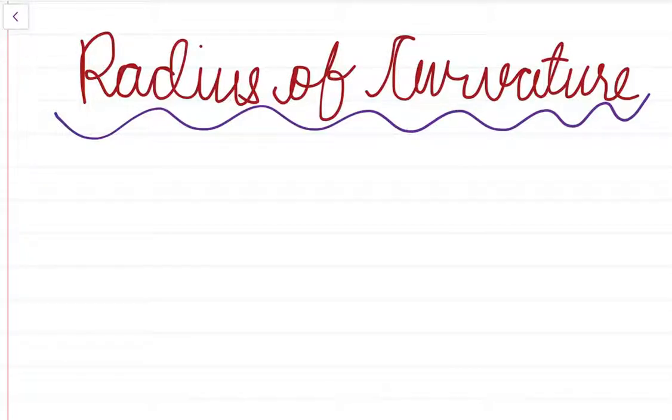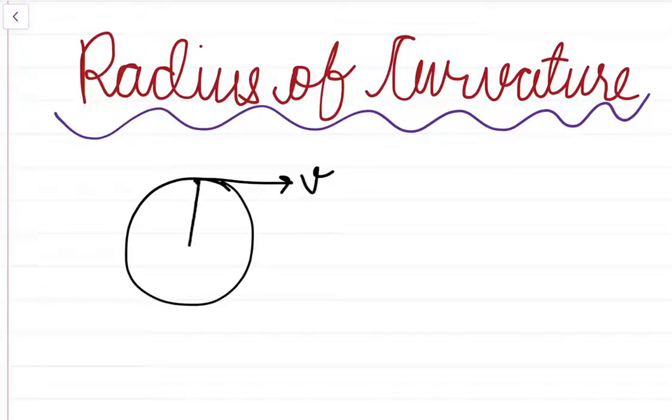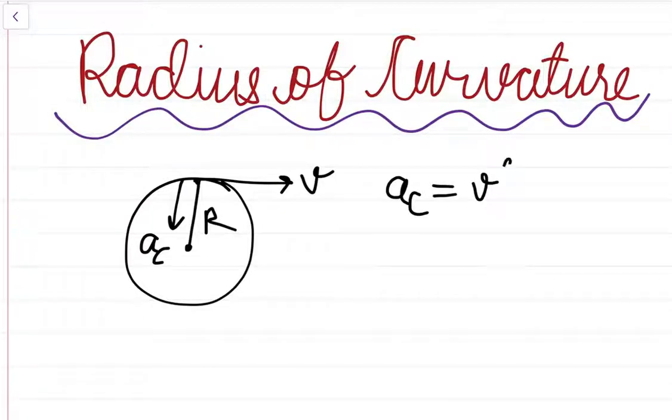So firstly I want to introduce you to that. Let's say a particle is moving with a velocity v in a circle of radius r. So it experiences an inward acceleration, or you may call it centripetal acceleration. Let's call it AC. So AC is v squared by r. We all know this. If you don't know how it comes, you can see our previous videos on acceleration in circular motion, in our playlist of circular motion. Okay. So by this, the radius comes v squared by AC.